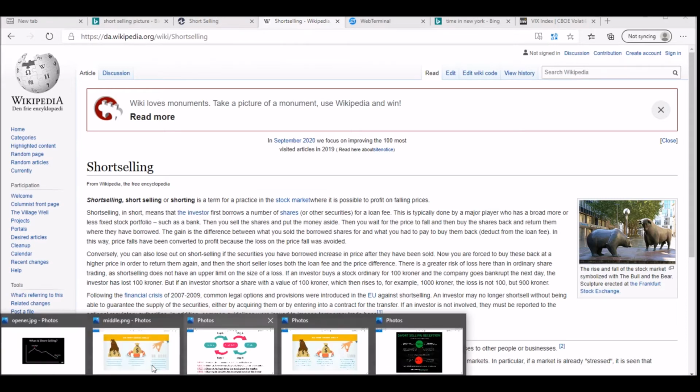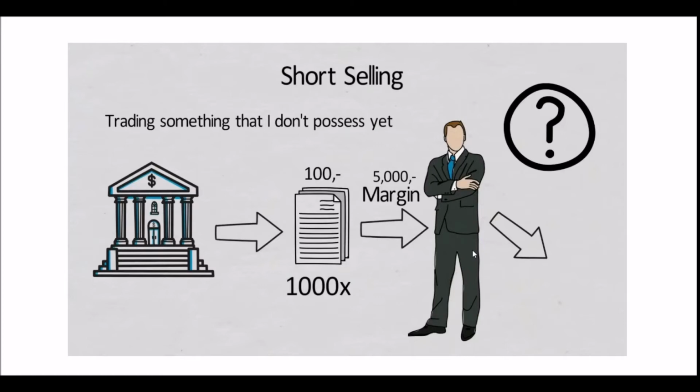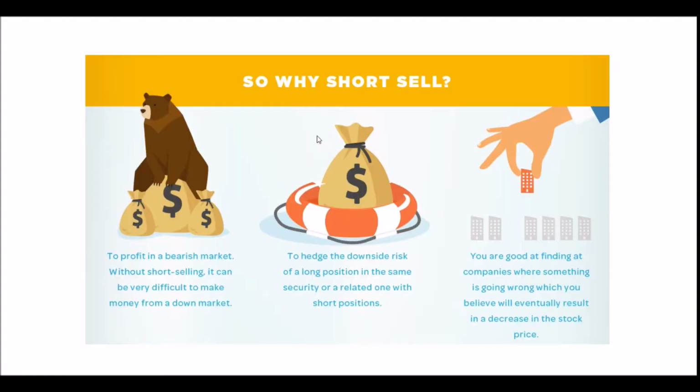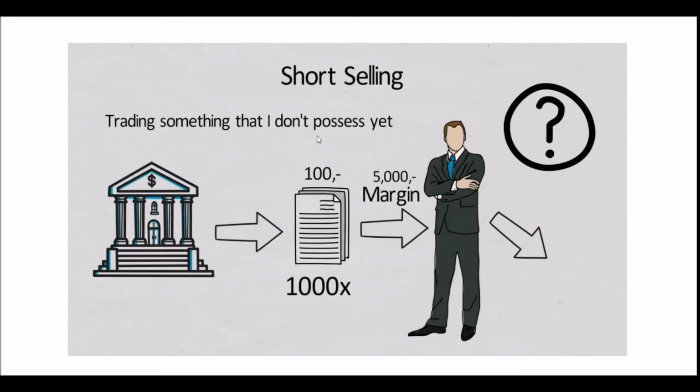Not to forget, we spoke about short selling: selling high and then buying low, right? Just put this in mind so that you know how to go about it. As we can see on our screen, short selling is trading something that I don't possess. That is the second aspect of short selling: you short sell something you don't have. So the question then comes in: how do you get what you want to short sell? Don't forget, we said short sell is sell high, buy low. Now, this slide says trading something that you don't have. We are going to talk about that briefly.